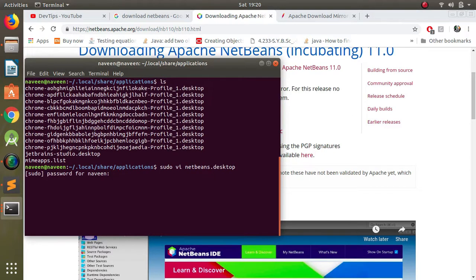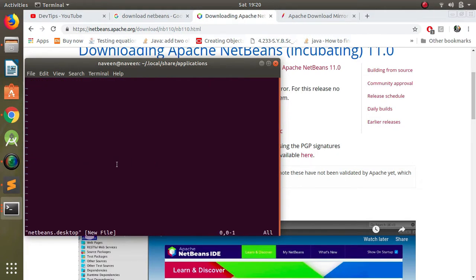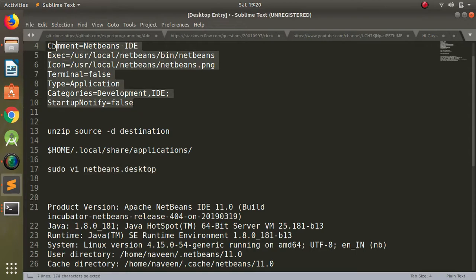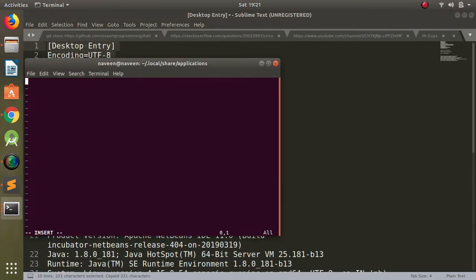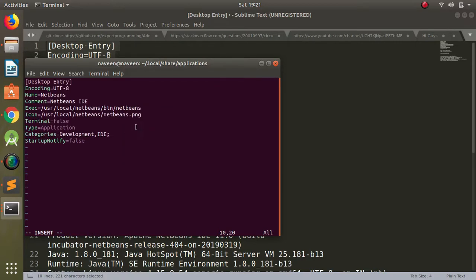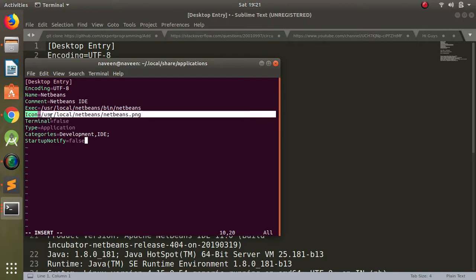I will keep it there, and now I have to paste this line. In this line, I have given the name NetBeans, the command NetBeans IDE, and the executable location, which is /usr/local/netbeans/bin/netbeans.sh, and I have given an icon at this location.